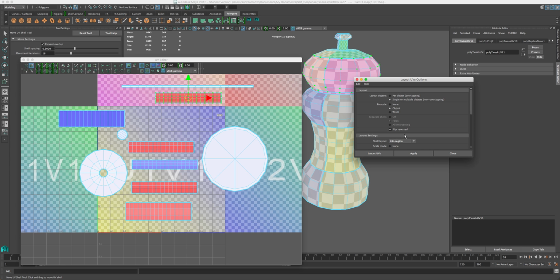So I go through this list depending on what I require. This top one, it's not so needed, depending on how many models you've got. You've got per object, overlapping, and single or multiple non-overlapping. Basically, this means if you select more than one object to lay out, you can select all the objects and